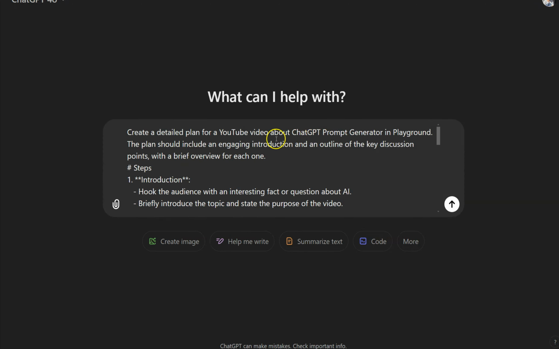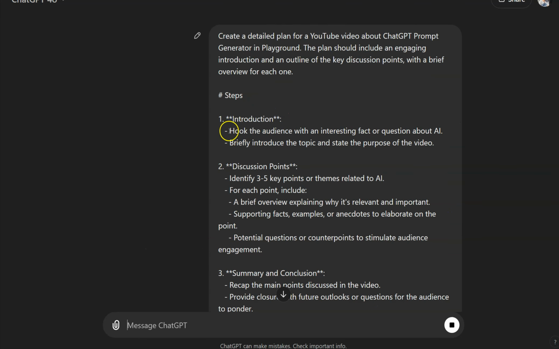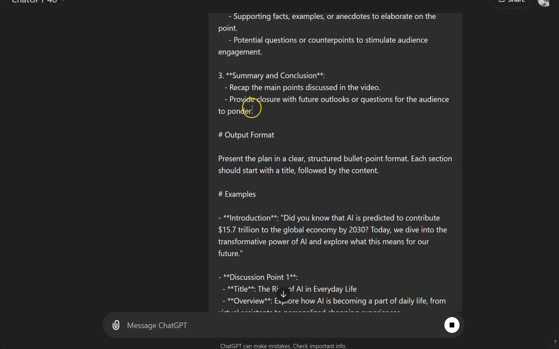So about prompt, okay, yep, good. Create a detailed plan for a YouTube video about ChatGPT prompt generator in Playground. Using all these new steps,